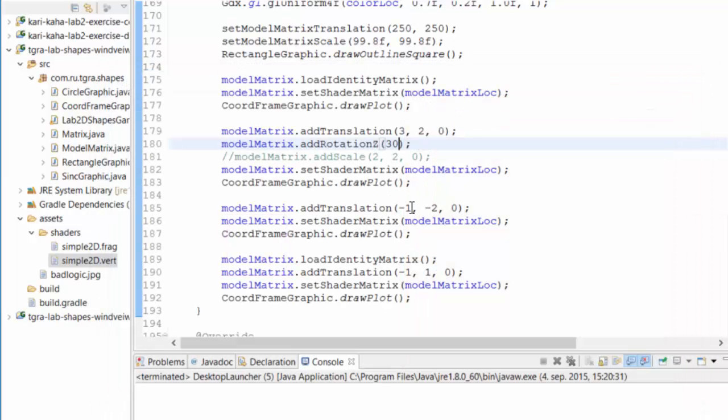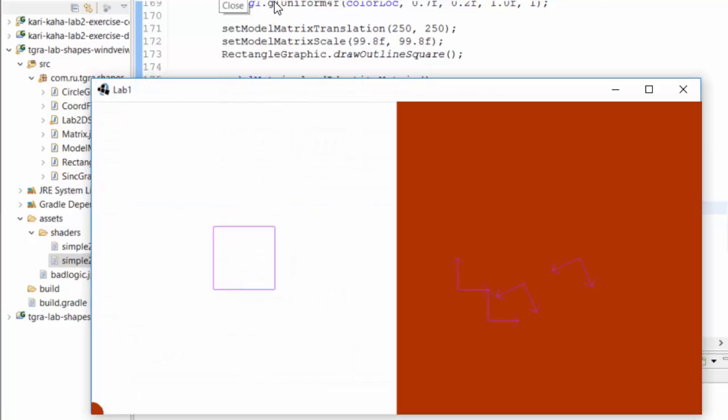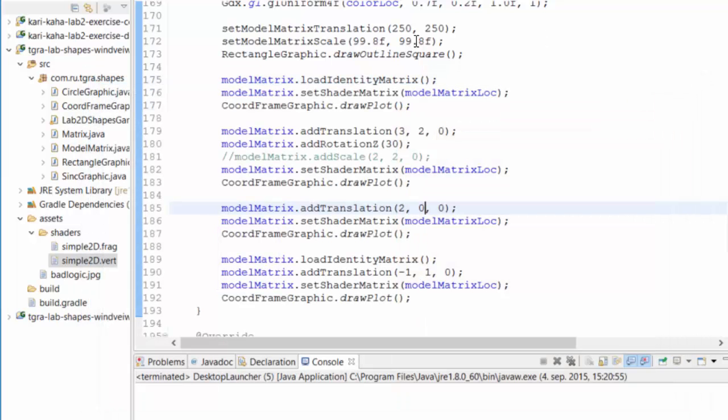Let's just make this translation just 2 straight out by the x-axis, then we can see which axis is actually the x-axis. Okay, so we're flipping the y-axis. We're rotating it 30 degrees, but then we're flipping both axes. That would happen because